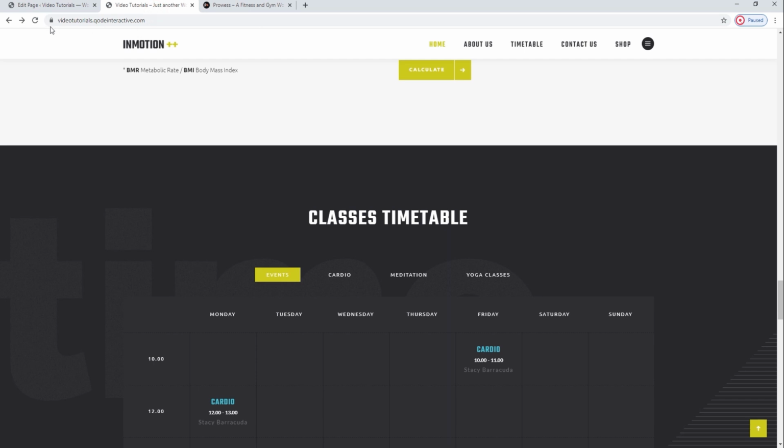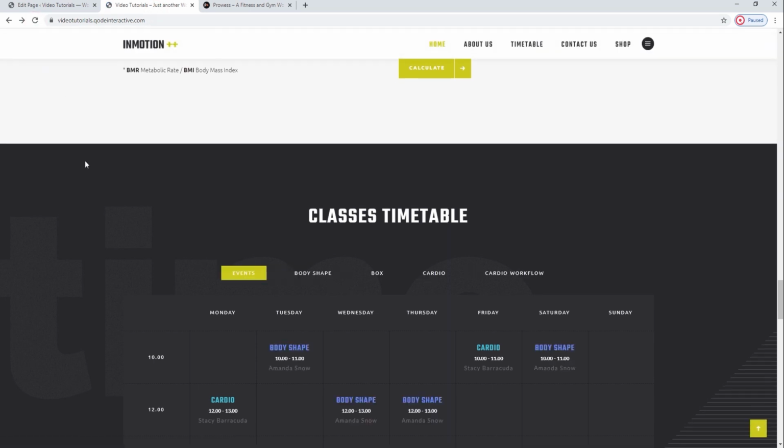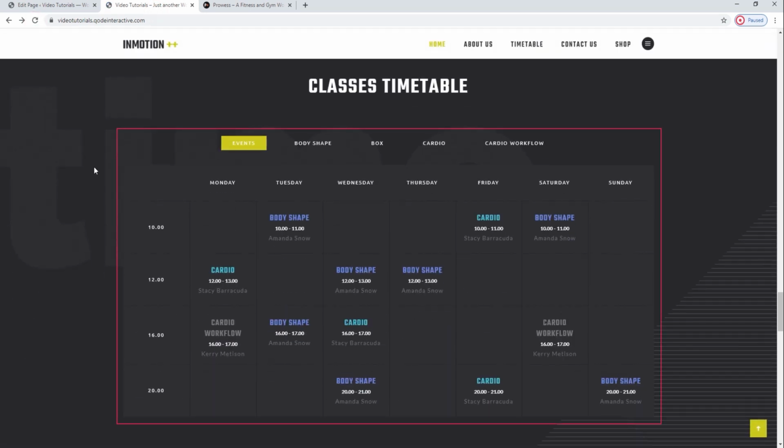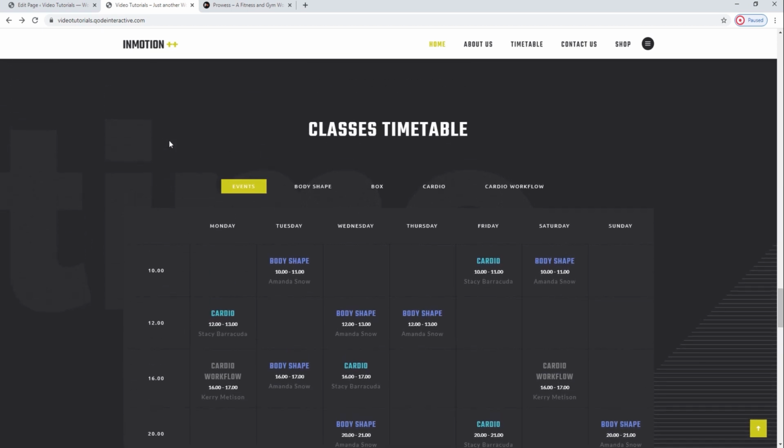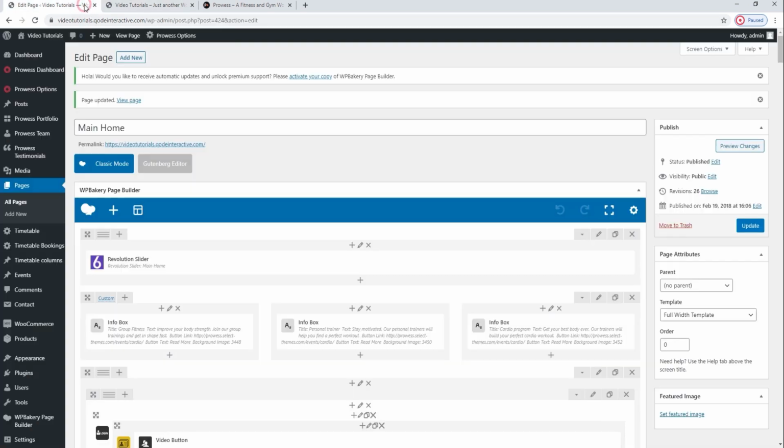Now let's refresh the live site and check our timetable. Here you can see all our timetable entries. If you add new entries as we've shown you, this will be displayed too. This is the event label we entered, and this is how the timetable is supposed to look like. What we didn't mention is that this title was added as a text block shortcode.